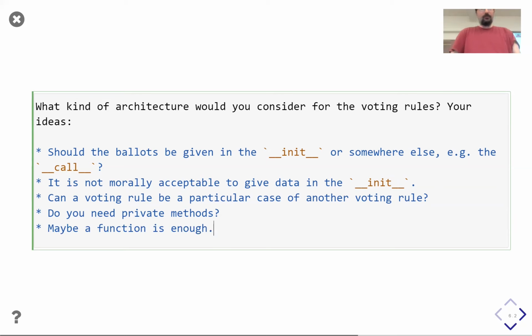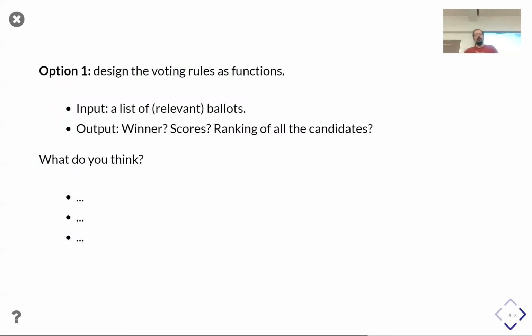Also, I'm just thinking it depends on whether the voting rule is the last thing the user will do, or whether they will create voting rules and give them to other functions. And it's never the last thing that you do. Nothing is ever the last thing. You also want to group them, like voting rules that return a single value, and voting rules that return multiple winners.